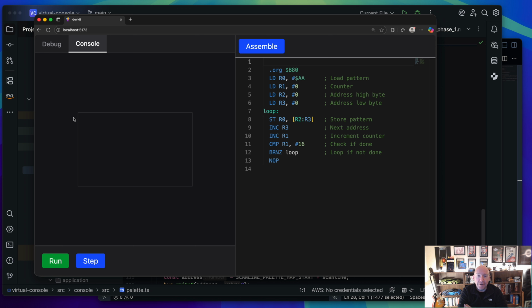WebGPU I found a lot easier to work with. It's not supported in every browser yet, but it's in most. The latest version of Safari brought it into the mainline Safari release. It was in beta before that. It's in Chrome and Edge. I'm not sure about Firefox, but it's essentially the way this stuff's going, and it's a lot easier to work